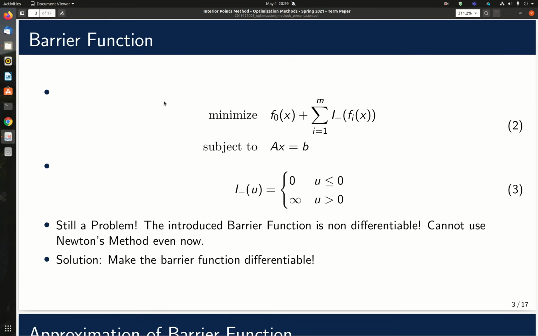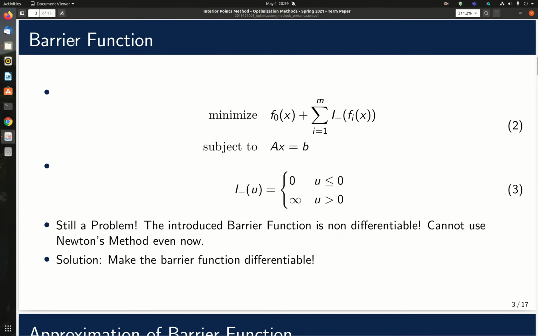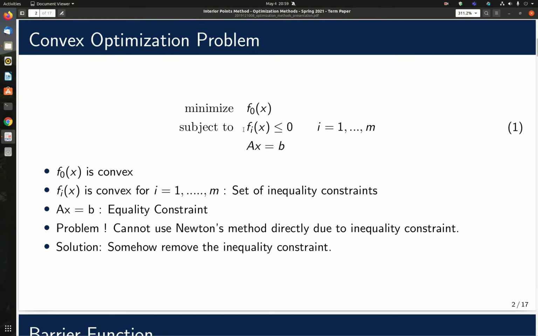What we told is that we want to absorb this inequality into the objective function, and such a function is generally known as the barrier function. So ideally we want to capture all the inequality constraints within this barrier function as described here. Now this I minus function is defined as follows: it is 0 for all u less than 0. Our inequality constraint was f I x should be less than or equal to 0, and therefore